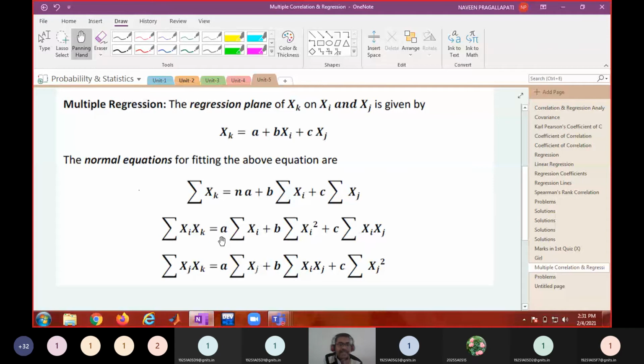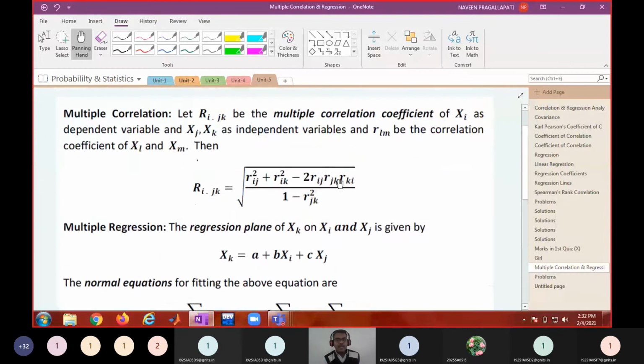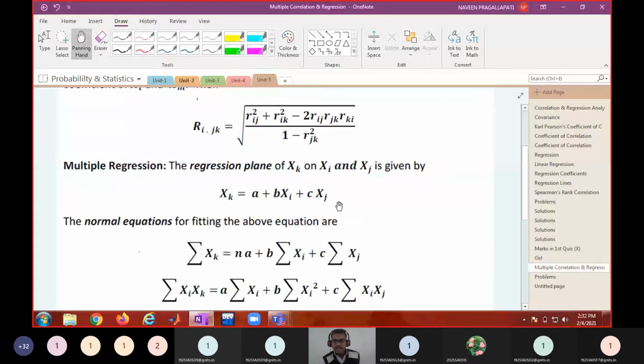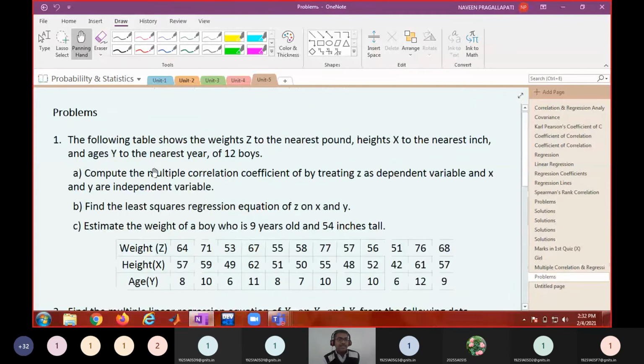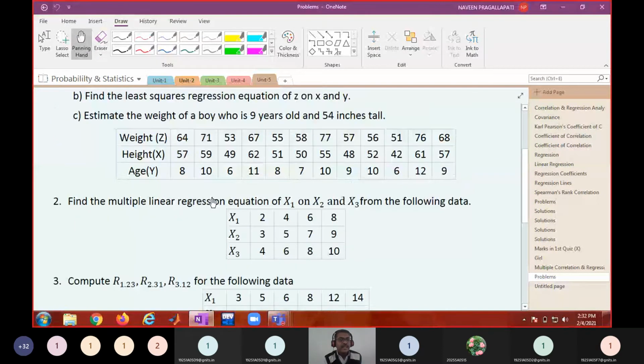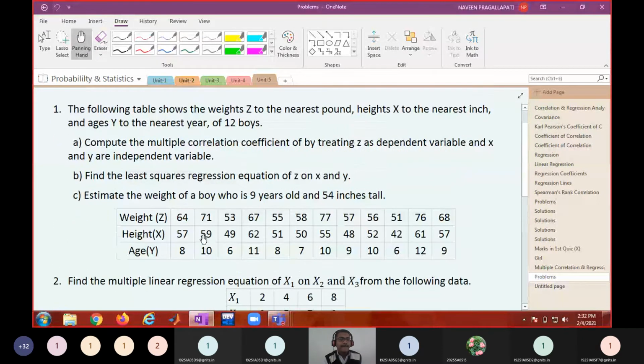So we'll be preparing an Excel table to find out these sums easily. That's it. Problems are related to these two. With that, we can conclude the syllabus. Note down the first problem. In the first problem I included both the concepts. If you understand the first problem, the second and third you can do easily in a similar way.